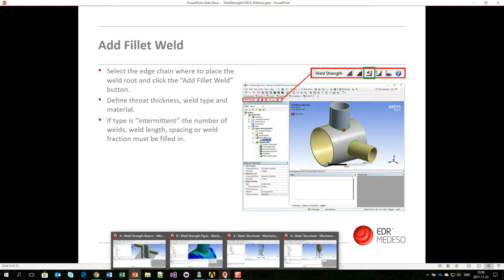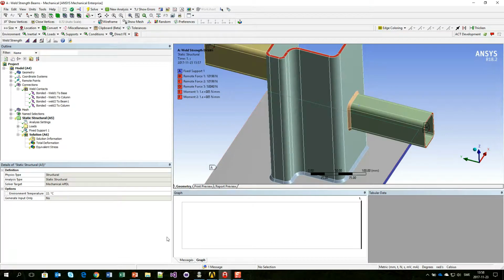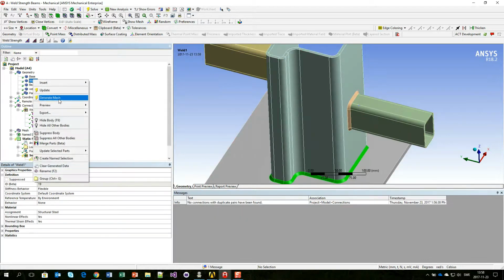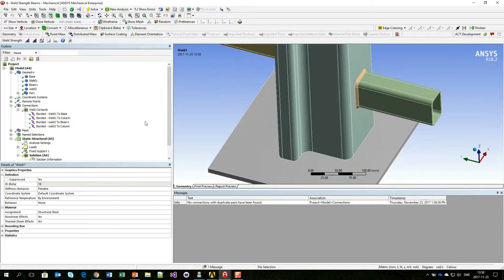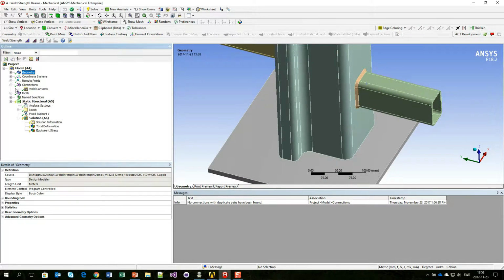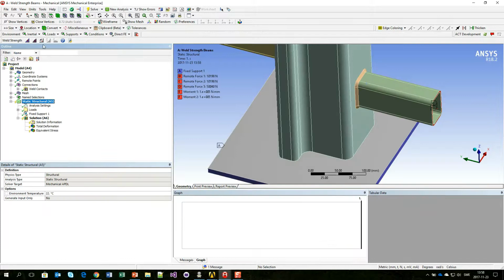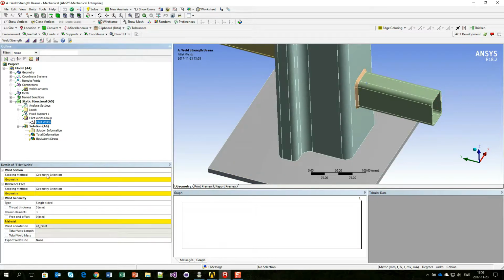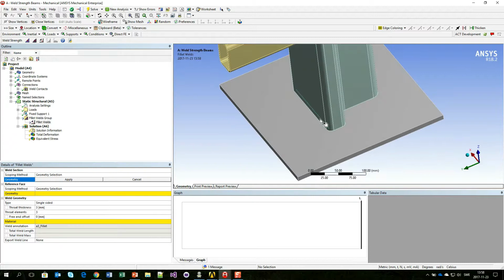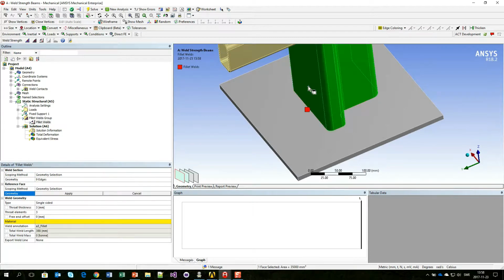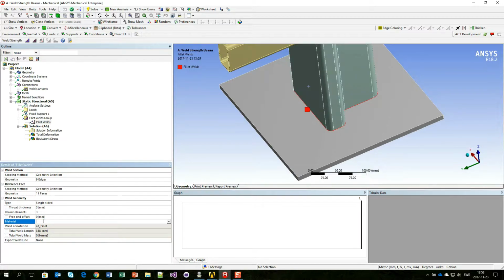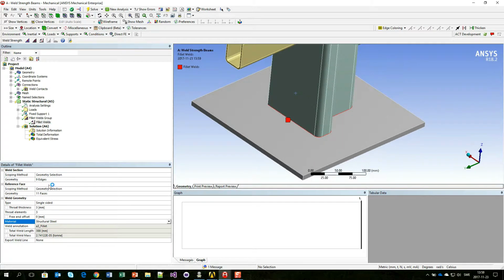So let's demonstrate this in our models. So in this case I suppress this solid body, solid weld here from the model, and instead I now add a fillet weld using the tool. So to do this, I select the chain of edges. I also select a chain of reference faces, set the size, material,